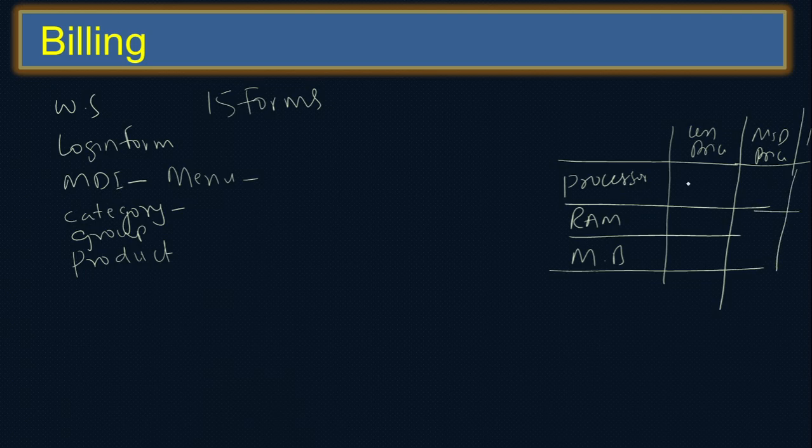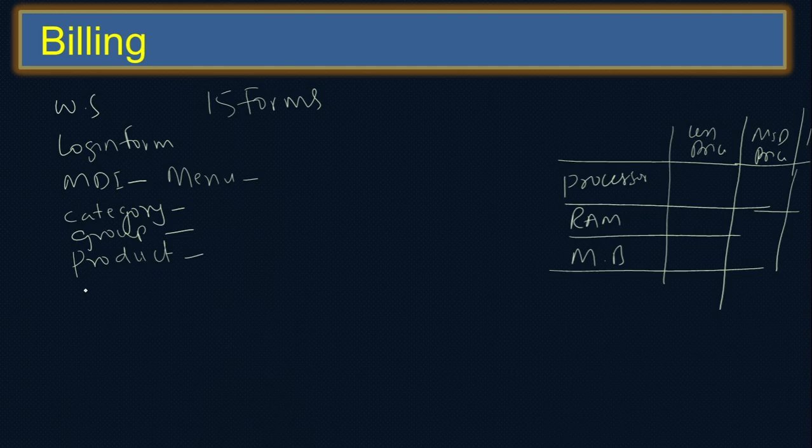Therefore, even the processors that are very cheap will come under less price, and searching will be much easier. You can search based on the group or based on category. When you search processors, it will give all the processors, but if I want only less price processors, it will show only those. For that we can group it. So this is the group and that one is the category. Both will be reflected in the product details.